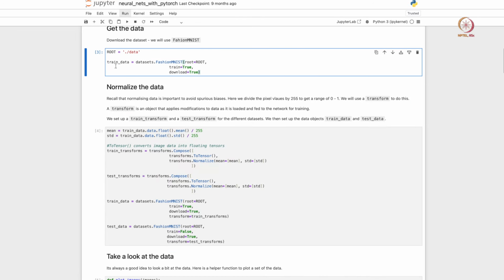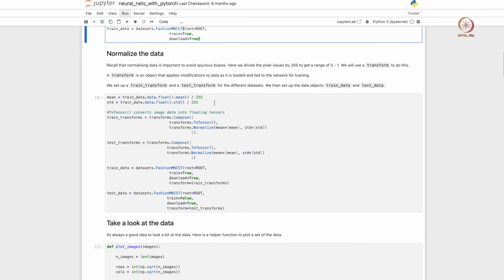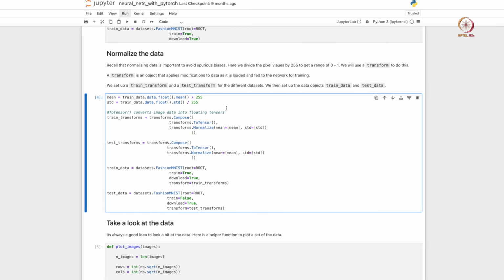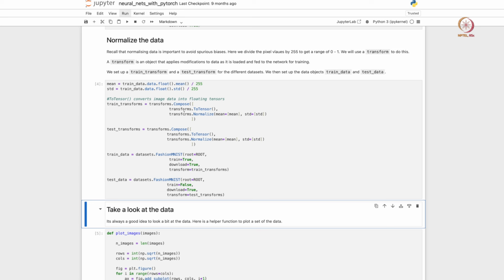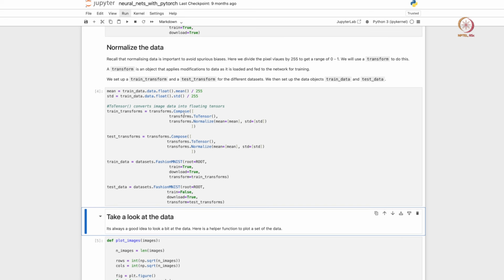So this gives us access to the training data, and once again let's do some normalization. The FashionMNIST dataset is going to look the same irrespective of where you download it from. It is going to have values ranging from 0 to 255, which implies if you want to use neural network architectures efficiently, it's almost always a good idea to normalize them. If you simply divide by 255, you are going to get a floating point value between 0 and 1. So that's what we are going to do here.